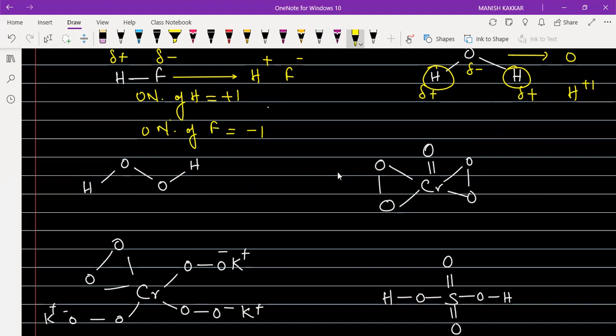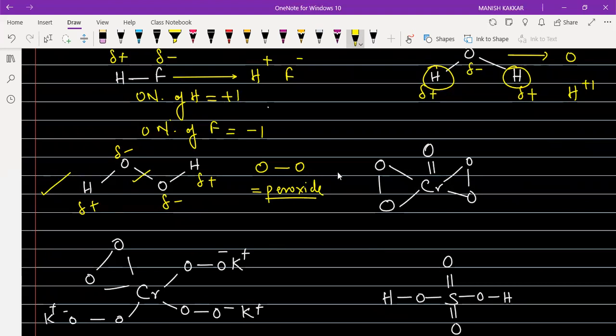Similarly, a compound called hydrogen peroxide is indicated over here, where there is a link between the two oxygen atoms, and whenever two oxygen atoms are linked together, this is called the peroxide linkage. ठीक है? ऑक्सीजन हाइड्रोजन में इलेक्ट्रोनेगेटिविटी का अंतर है, और दोनों ऑक्सीजन एटम के बीच में जो बॉन्ड है, ऑफ कोर्स there will not be any shifting of electrons because of this particular